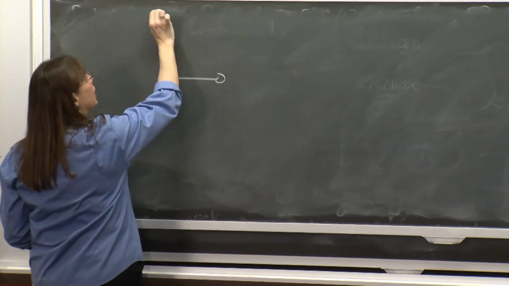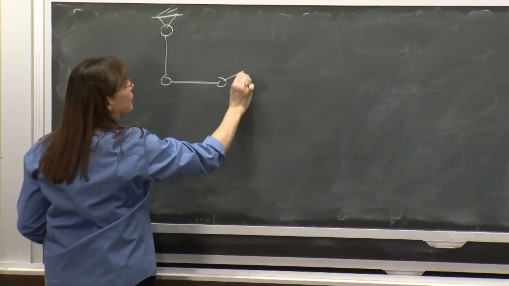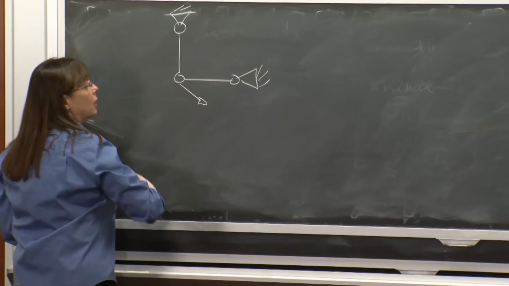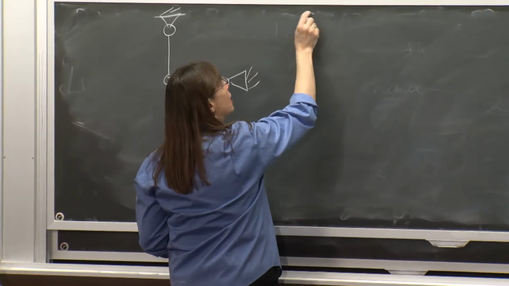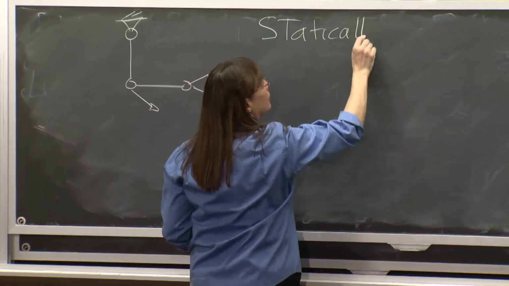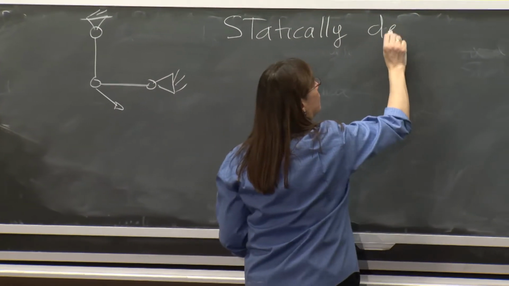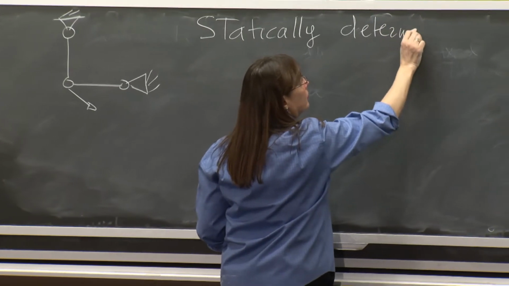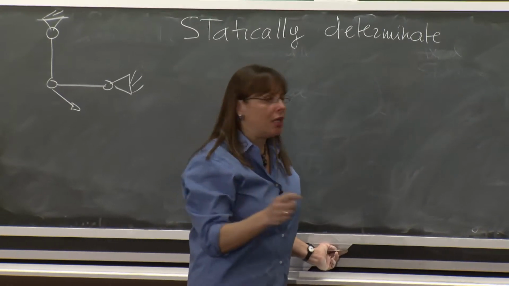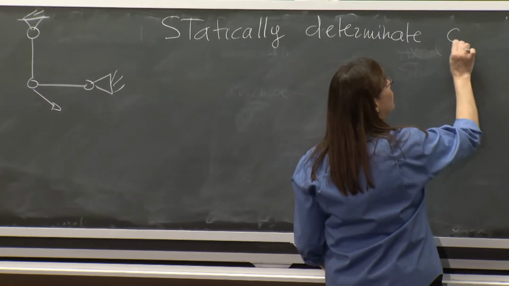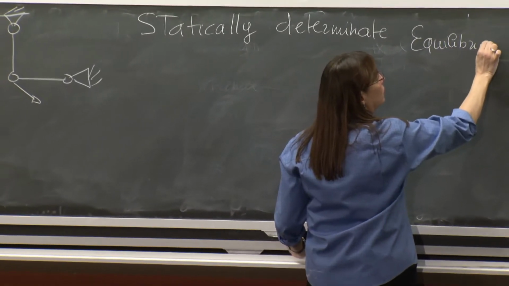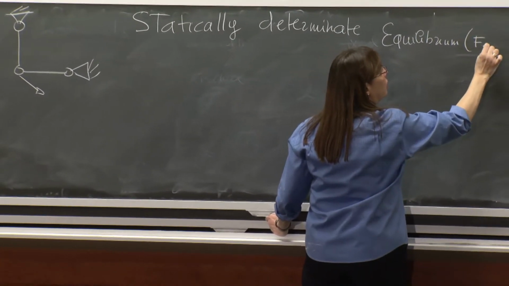If you look at the problem and the solutions, these trusses have been statically determinate. When you get to your 3 degrees of freedom, when you write your equilibrium for the 3 degrees of freedom,